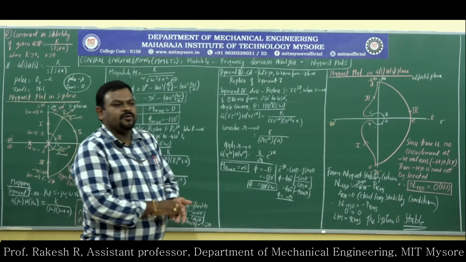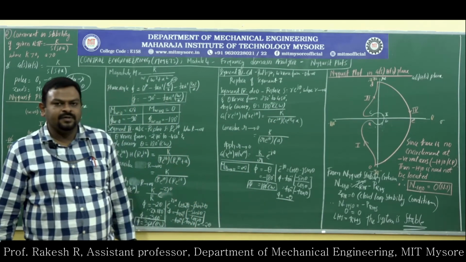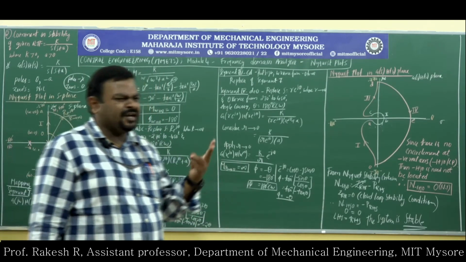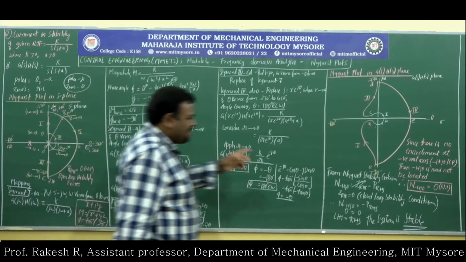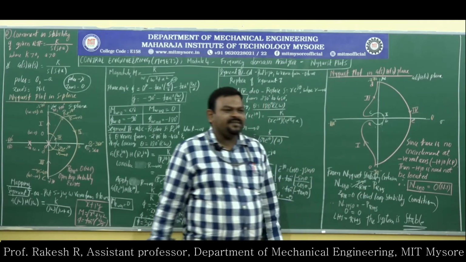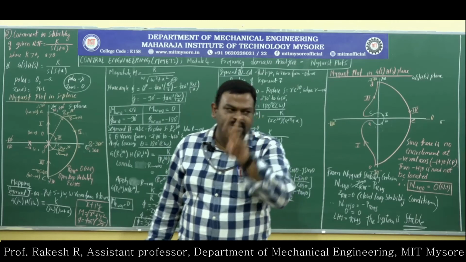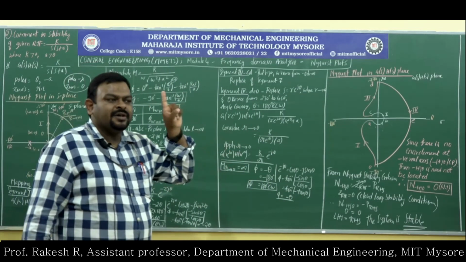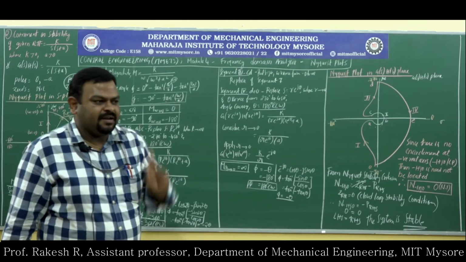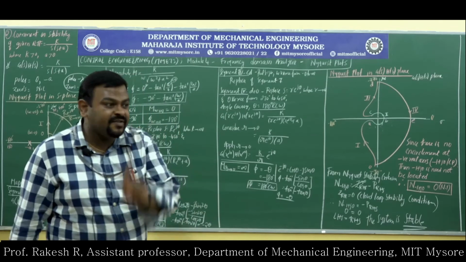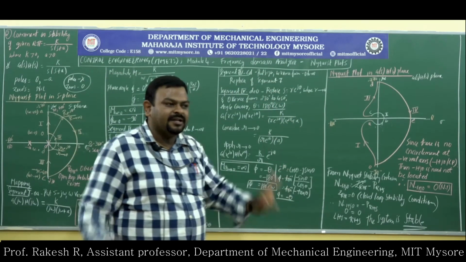So this is how we solved a Nyquist plot. First, what we have done is we have calculated only two things. One is poles at RHS, another one is encirclements at minus 1 plus j0. How did you calculate poles at RHS? Using the Nyquist plot in the S-plane. How did you calculate N of minus 1 plus j0 encirclements? Using the Nyquist plot in the G of S, H of S plane. That's all.